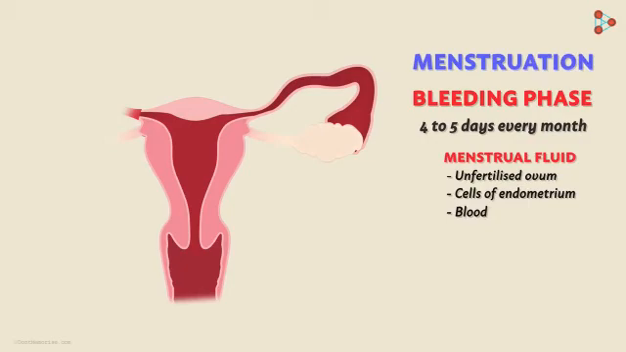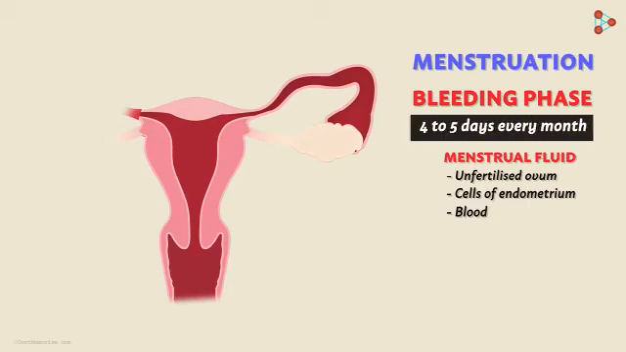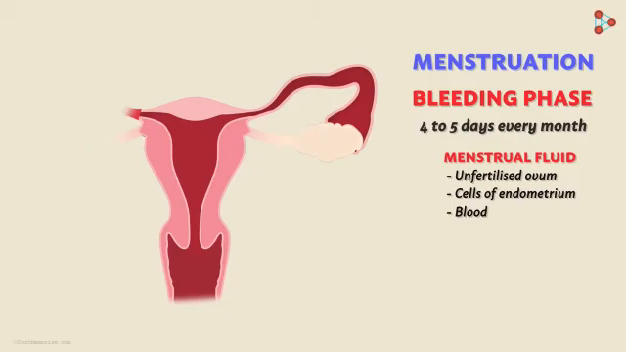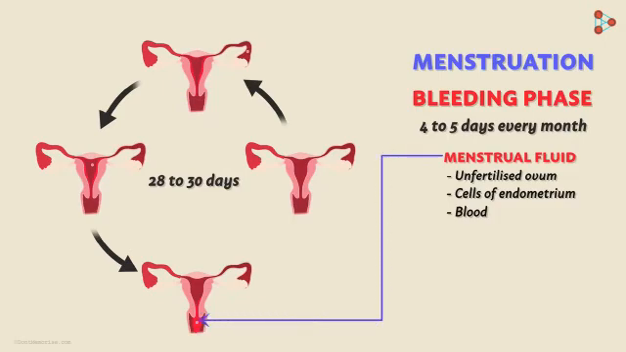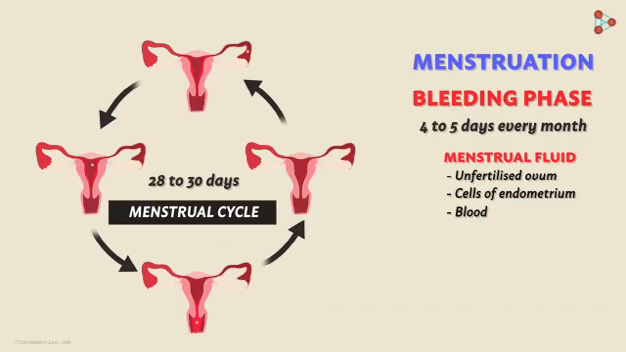Did you notice I mentioned that the bleeding phase is for 4 to 5 days every month? Why did I say every month? That is because the entire process occurs in a cyclic manner that lasts for 28 to 30 days. The ovulation and building up of the endometrium, followed by the collapsing of the endometrium in case fertilization does not occur, will give rise to the discharge of the menstrual fluid through the vagina. Don't you think this entire cycle will also have a scientific name? Of course, it's called the menstrual cycle. So the menstrual cycle is almost a 28 to 30 day cycle, out of which the bleeding phase lasts for